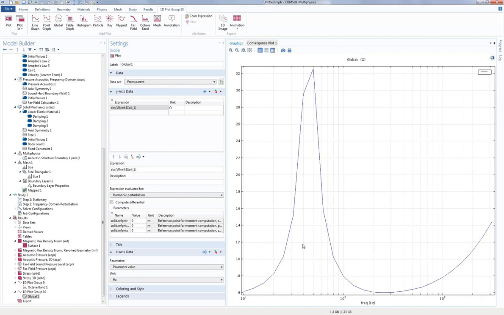And as you can see now, we do have a peak at approximately 50 Hertz. This plot is a little bit jagged, as you can see, but that's just because I didn't solve for that many frequencies. Now, there are so many other things we could do with this model. We have 10 minutes left. I'm going to try to answer a couple more questions before going back to the